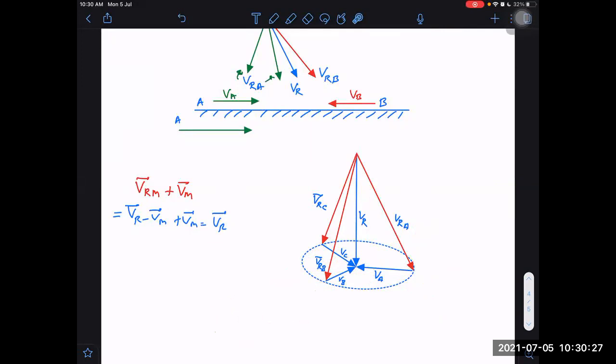How many equations do we have now? Now we have 3-dimensional equations. That is not 2D, it is 3D. I can write VRC in terms of i cap, j cap, and k cap. Similarly VR, although it will be in just one dimension, overall I have to write VR along minus j cap plus 0 plus 0, 0 along i cap, 0 along k cap, because these vectors have 3 dimensions here. So we are getting 3 into 3, 9 equations. If I write this, I will be getting 9 equations.